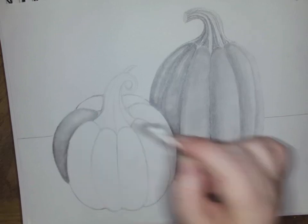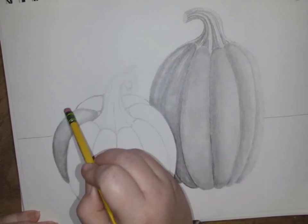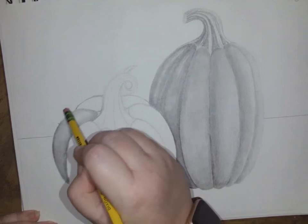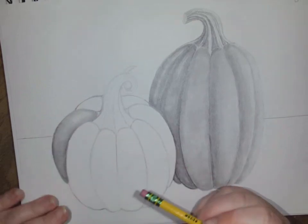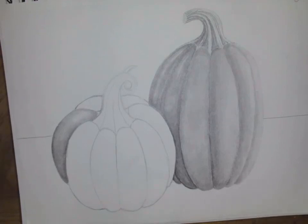Okay. I'm noticing right on my edge here that I've got these little stray marks that are left over from when I was sketching in my design. So I'm just going to clean that up a bit. Gotta be really careful when you're using the eraser because it could wind up smudging your whole paper. Like I've got some smudging going on over here. It's not too bad, but...